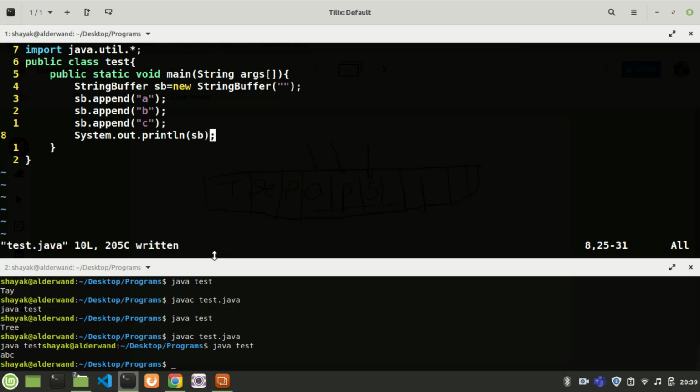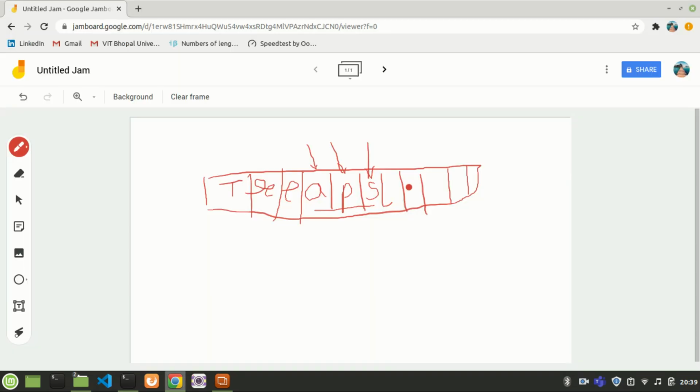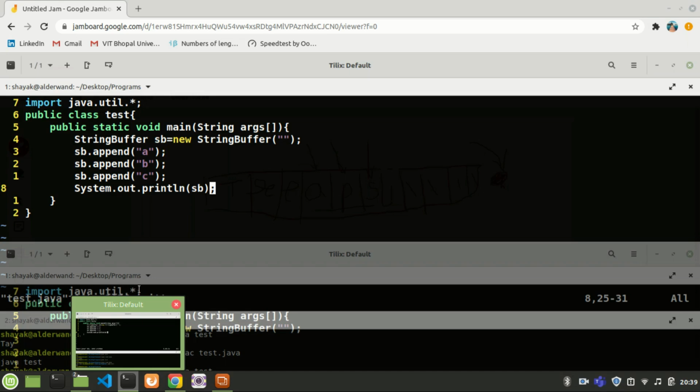Now what happens when, say suppose you have reached the end of the array? Like you have made many insertions. You have taken up this space, this space, this space, this space, and this. Now what happens when this is the case and you want to add another character here? You do not have anything over here, right? This is unallocated memory. You cannot access it. The array which you had created initially is only this much. So you cannot enter another character into it. So what happens in that case is that when you call this append function again,